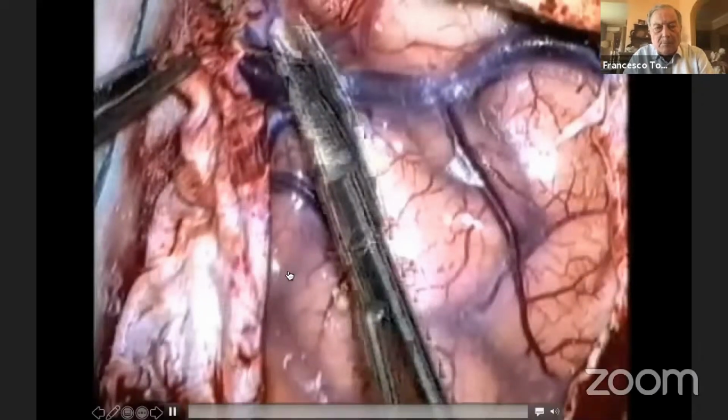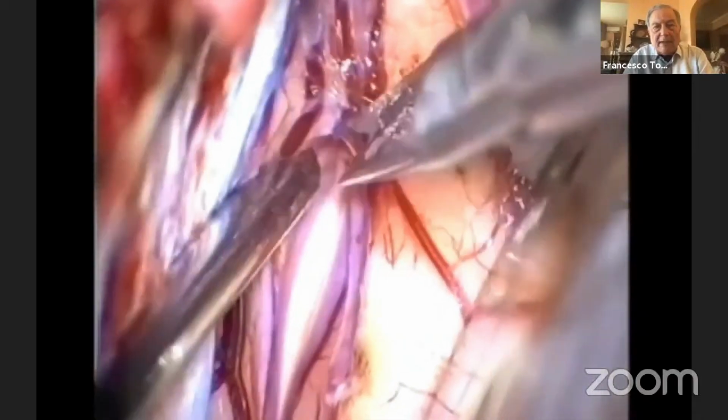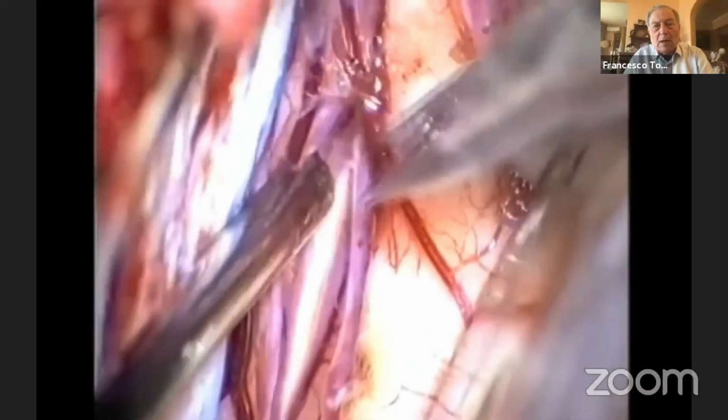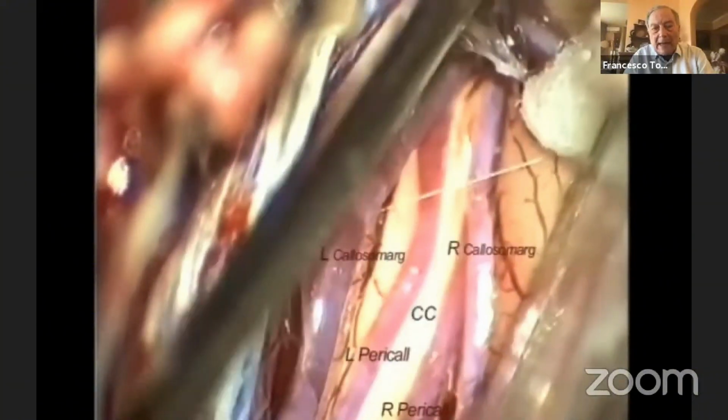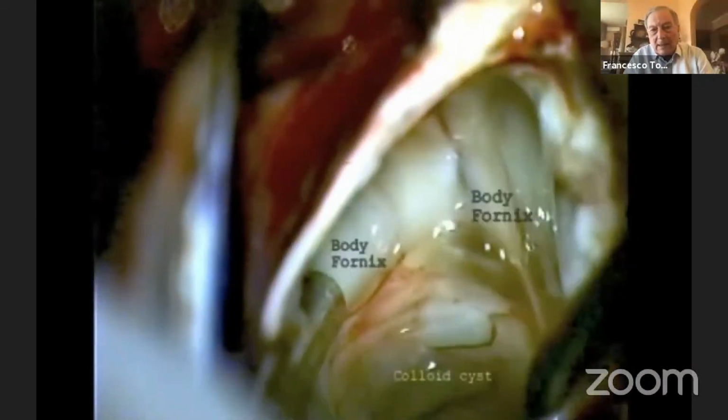And you see that you can reach the corpus callosum and the pericallosal arteries, and you make an incision which is longitudinal, but some use a transversal incision. This is the opening of the cyst of the septum pellucidum, and this is the body of fornix,